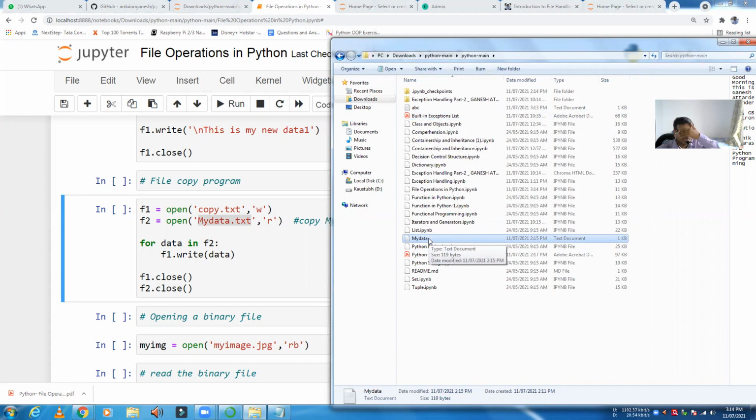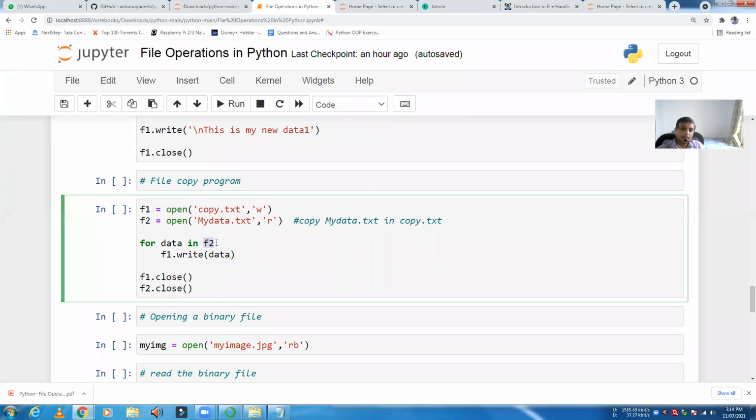क्या करना है मुझे, ये फाइल है उसका कॉपी क्रिएट करना है। If I want to create the copy of that file, आपको क्या करना पड़ेगा, एक से रीड करना पड़ेगा और दूसरे में राइट करना पड़ेगा। So which file you are to read, f2, in which file you want to write, f1. ओके, तो आपने पहले किया copy.txt, नया फाइल क्रिएट होगा w मोड में इसीलिए।